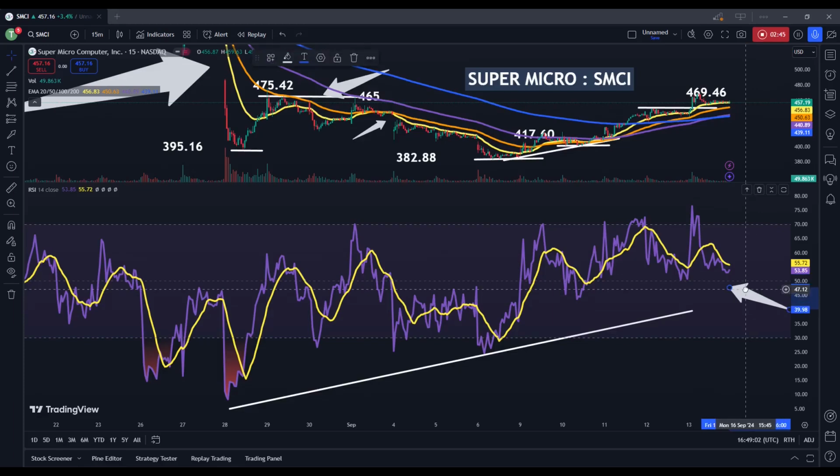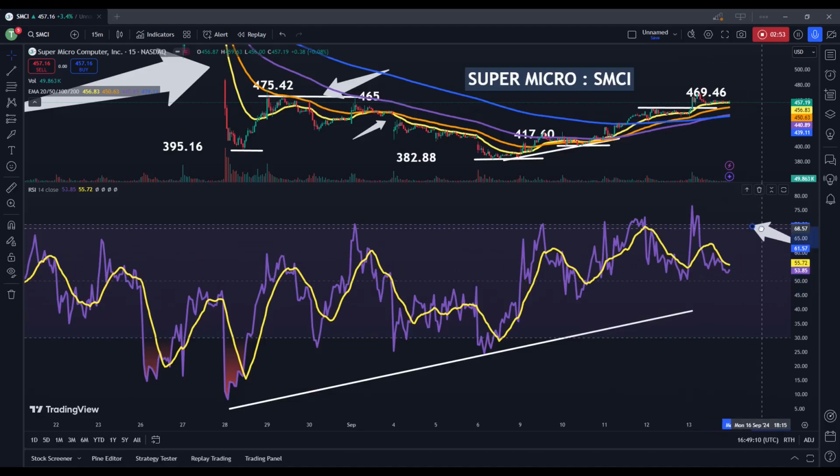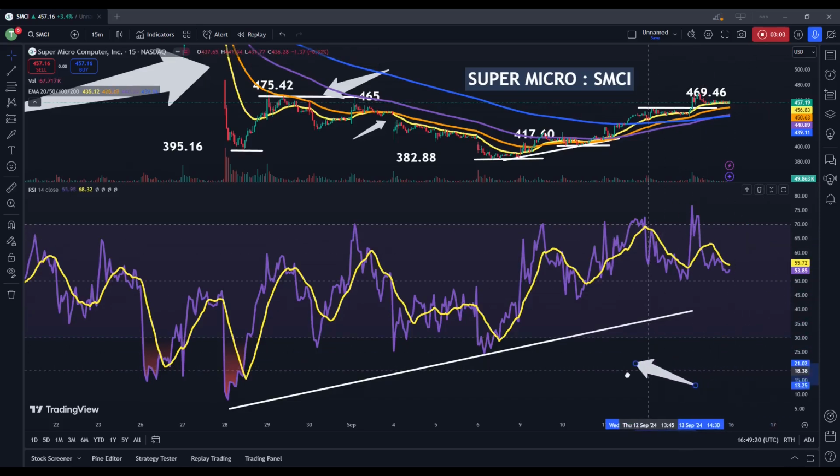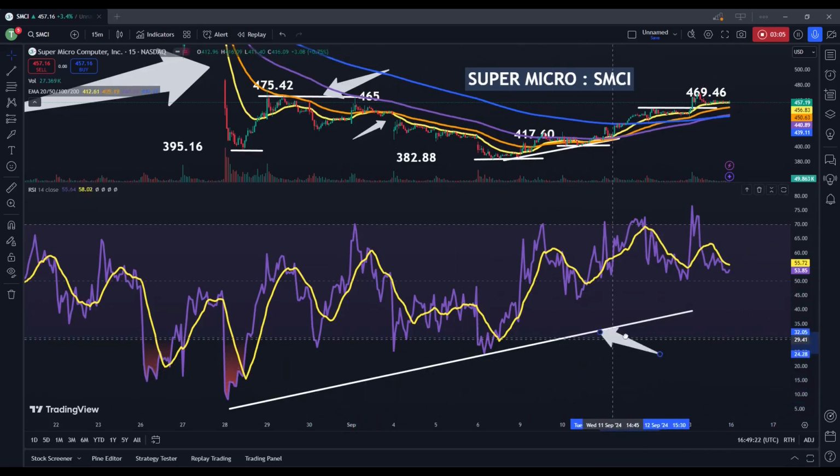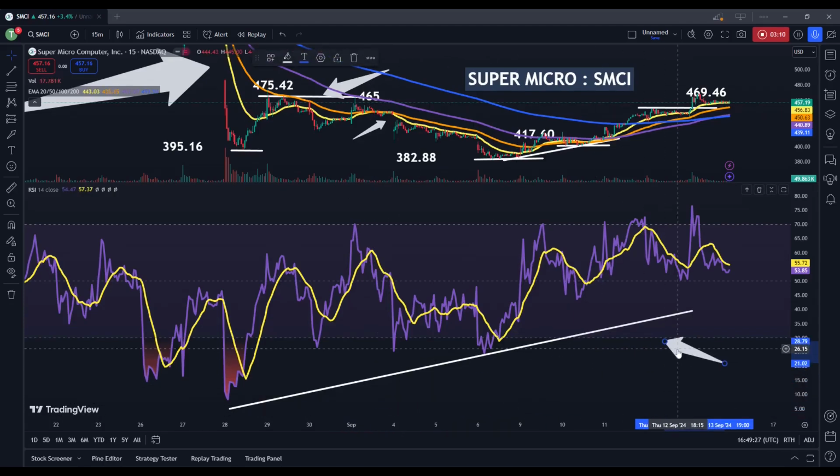And what this does tell us is that the underlying share price can continue to move higher for quite some time here without moving back into overbought territory. So the way things look, a retest of that $470 level shouldn't be enough to bring the indicator back into that overbought zone. Longer term, what we're seeing here is a clear upside price trend movement